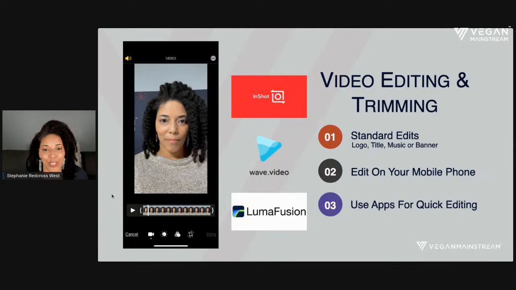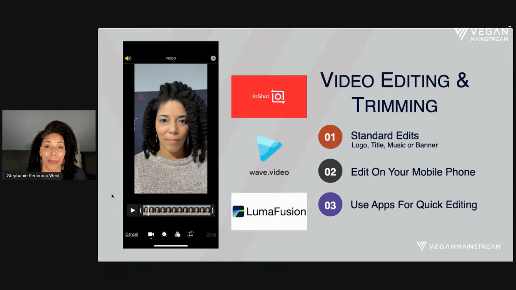Now, there's a couple of ways to do video editing. Number 1, a way to make your things unique is to make things standardized. I know standard and unique sounds strange, but remember, standardizing your uniqueness is making sure you have a standard way you edit your videos, a standard way that you put text in your videos, the font that you put in your videos, the logos, the banners. Coming up with that standardized approach really can make your video stand out, because people will almost know it's your video by just how you're editing them. Now, remember, I don't want you spending 50 hours on editing your videos. I want you to come up with a standard.